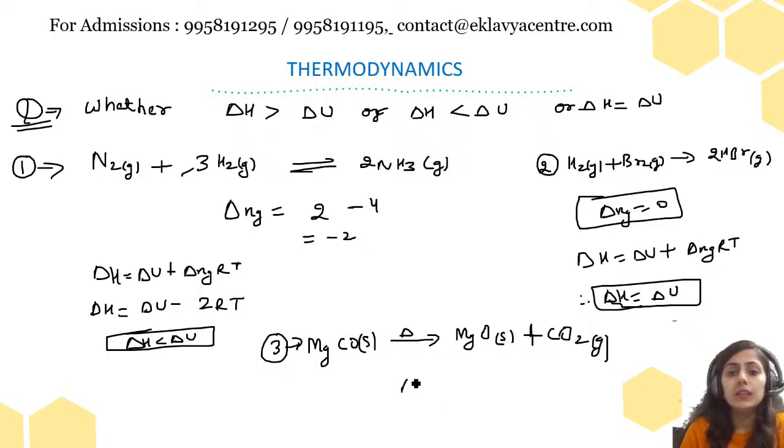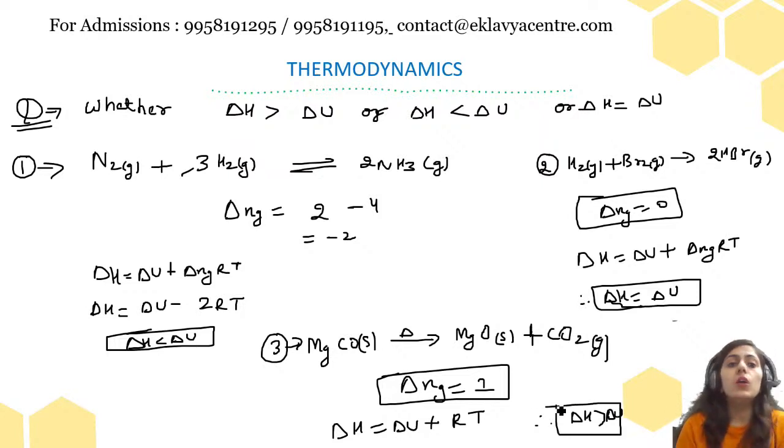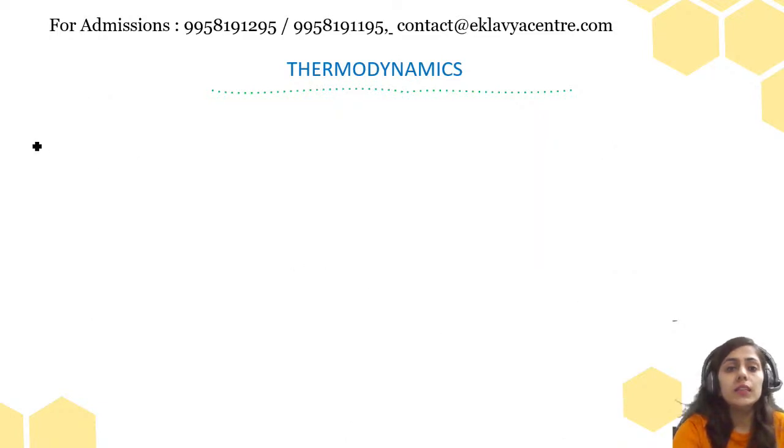Yes, so delta Ng will be equal to 1, right? So delta H is equal to delta U plus 1 RT. Therefore, in this also delta H is greater than delta U. This is how you have to do these questions. Okay, suppose next question we have